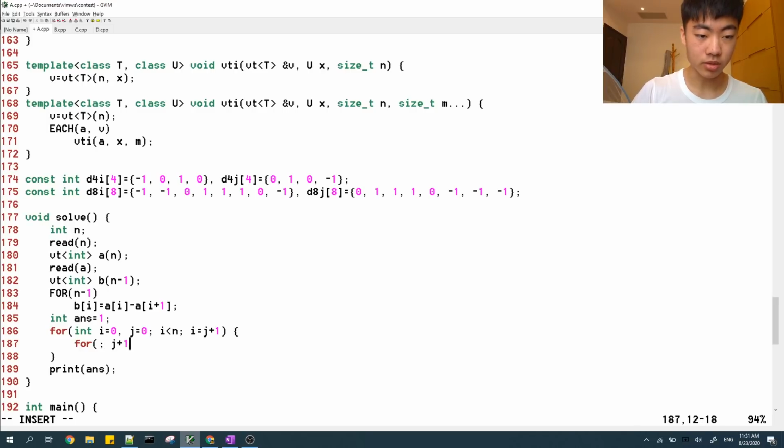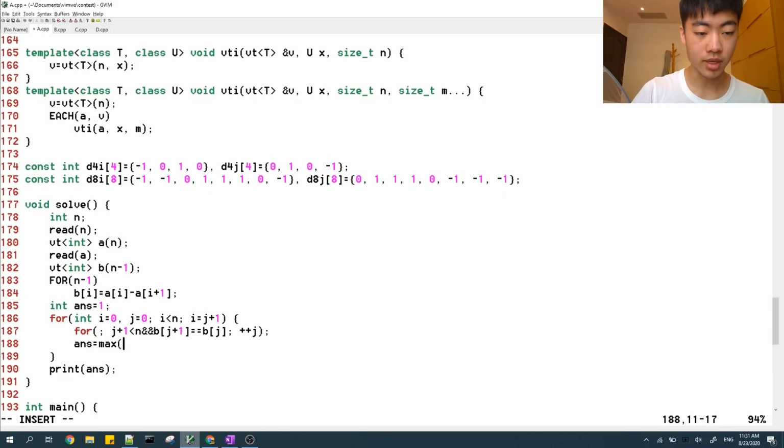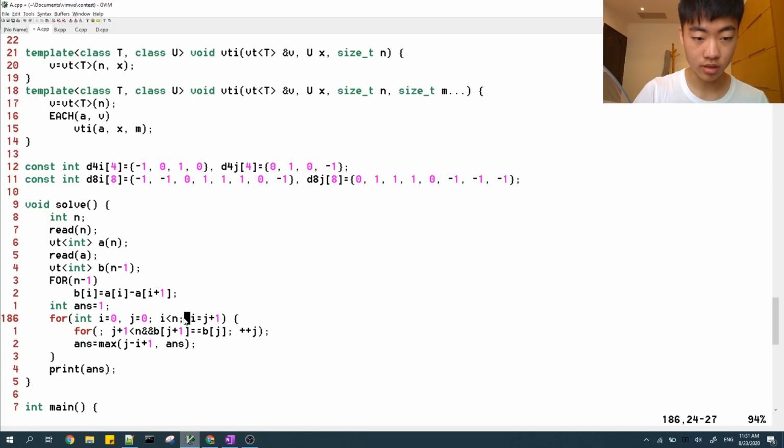And while j plus 1, try to extend the current subarray. Maximum of j minus i plus 1. This is the length. You update it, and